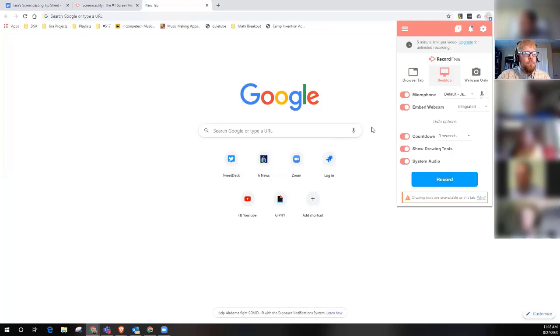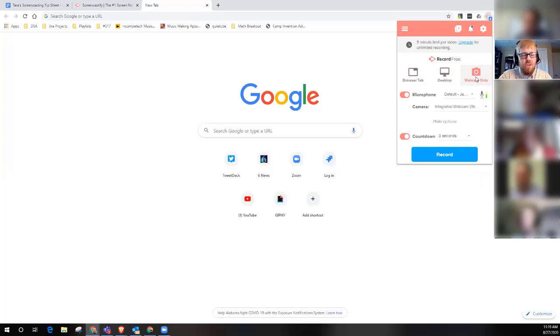Okay. So another thing is, what do you want to record? You can record just a browser tab, which means you would record this tab, and that would be the one you record. And then if you click off of it, nothing will happen. It'll stay on that tab, okay? Which you may want to do. I usually go with desktop, which is going to be whatever is on the screen. And the reason that I do that is it's the easiest for me to manage. Now I don't have to worry about what tab I'm in and all this other stuff. It's just whatever's on my screen, the camera's recording. And that's the easiest for me to think about in my head.